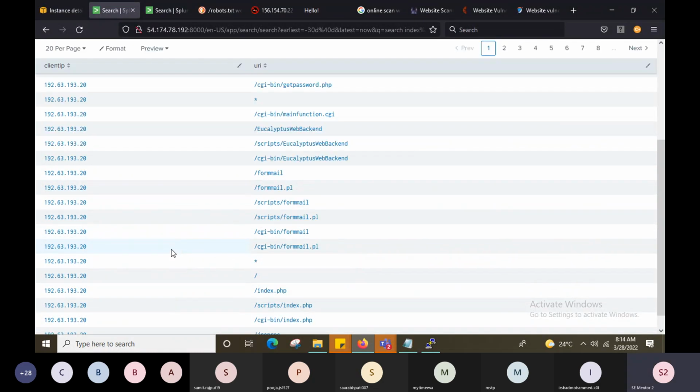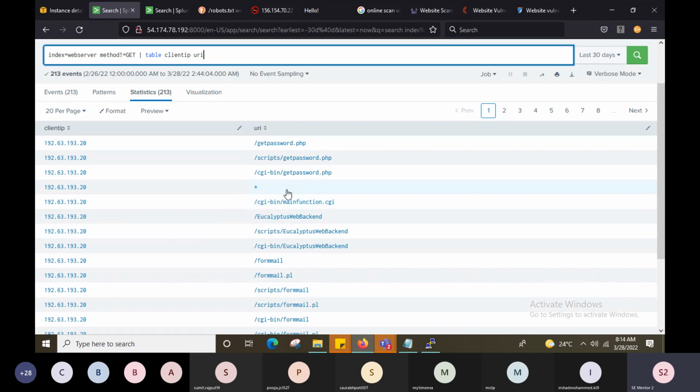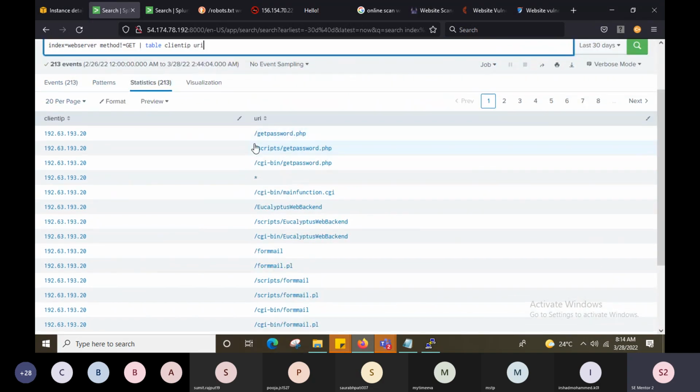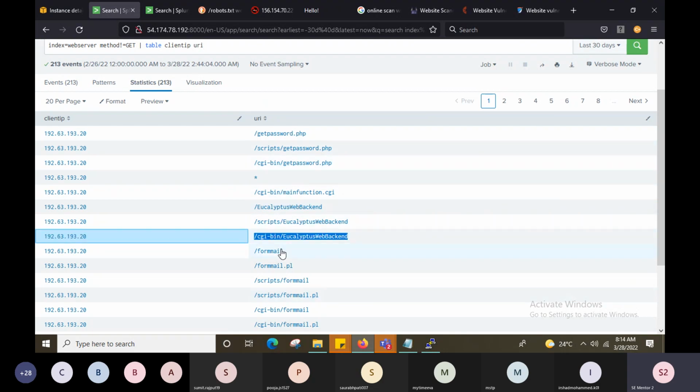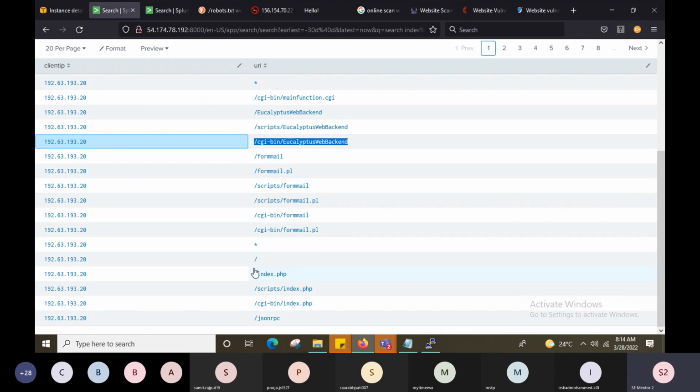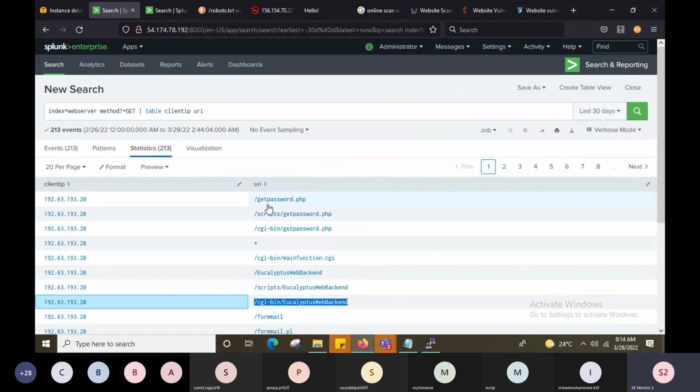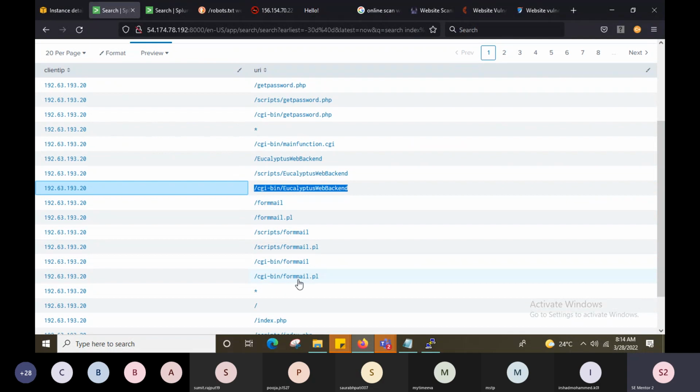If you notice, some random PHP paths, right, they're trying to access get password.php. This particular IP is trying to, what do you call it, do a directory traversal, right? So it is trying to go to scripts, it is trying to get password, right? It is trying to put all of this information. So basically what is happening, they're trying to scan the system, they're trying to run some scans on my web server. So if at all I notice something like password, something like script, or something like